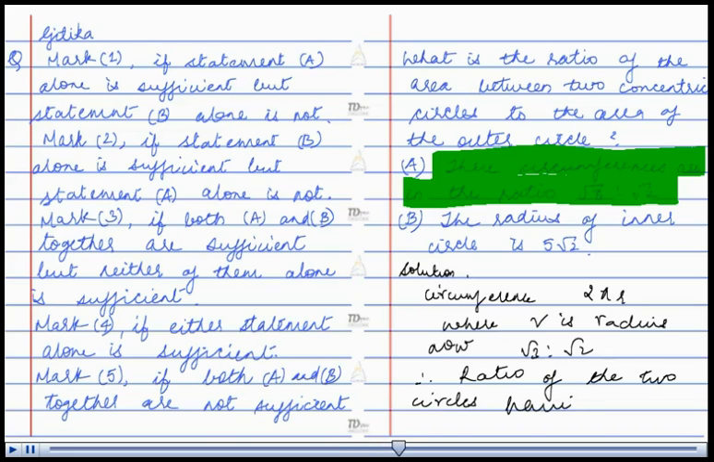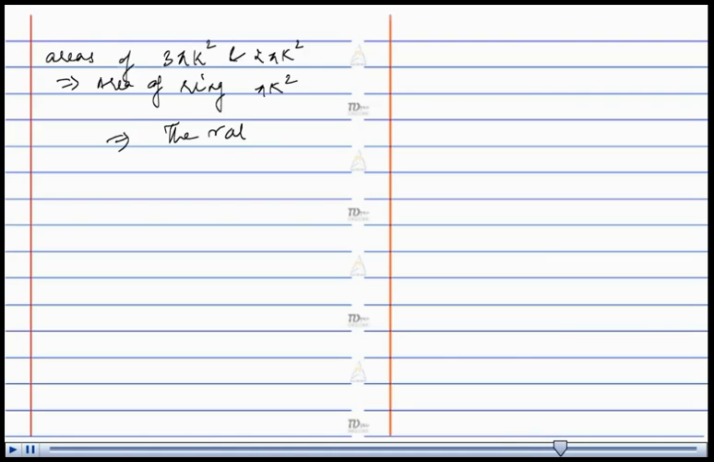having radius will become √3k and √2k. Therefore, areas of circles will become 3 pi k square and 2 pi k square. This implies area of ring will become pi k square. This implies the ratio will be to outer circle